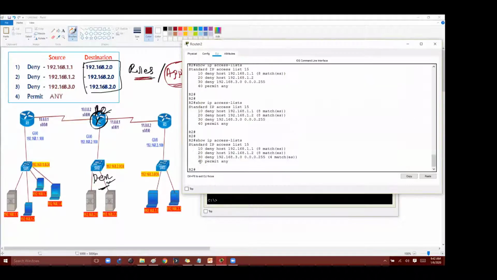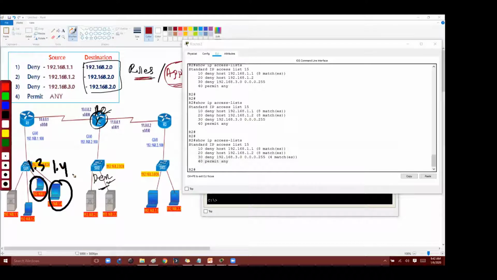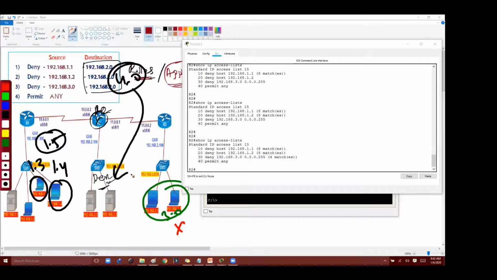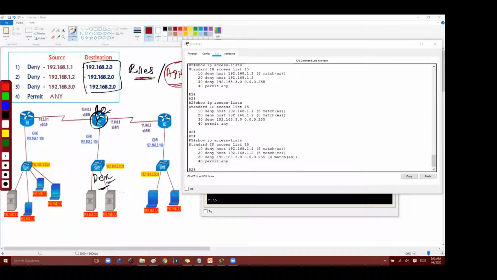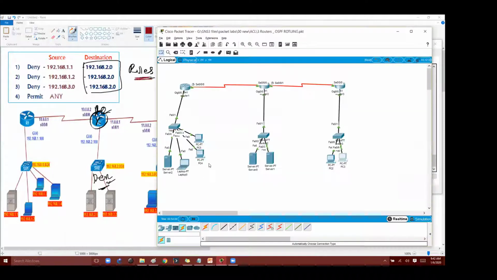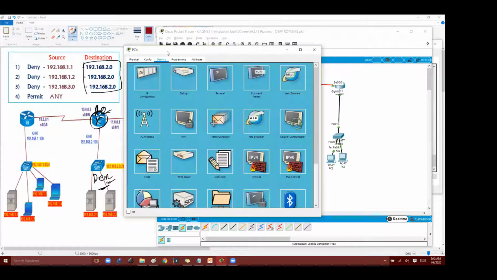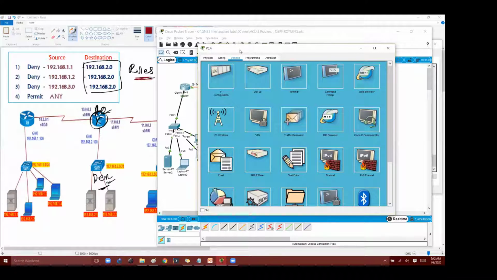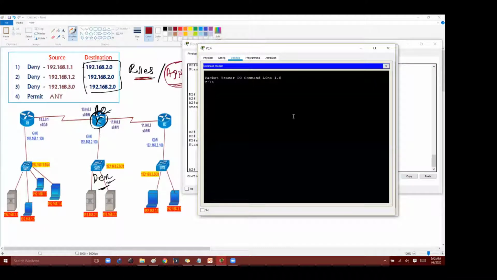But for any other traffic, I want to verify that this permit any is also working or not. Now permit any means anything from 1.2, 1.3, 1.4, 1.5 as per my example. Of course, from the 3.x network all are denied. I cannot add any host. Even if you have one more network, the 4.x network, you can send. So probably you can add more routers for additional scenarios. So I'll try to send the traffic from the 1.3 host. As per our rules, 1.3 traffic is not denied, right? So if I go and check the IP address here,